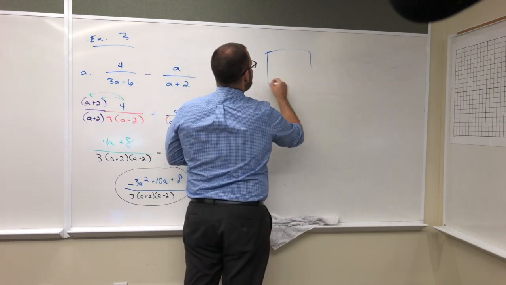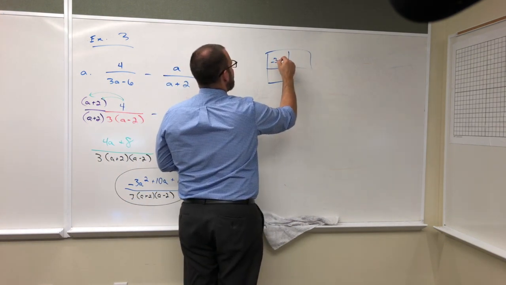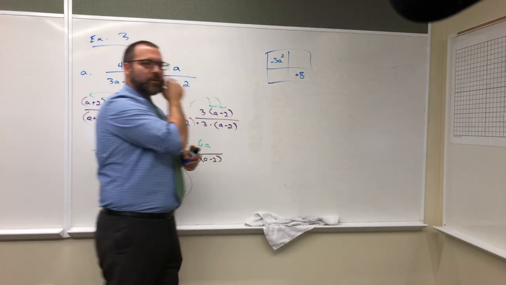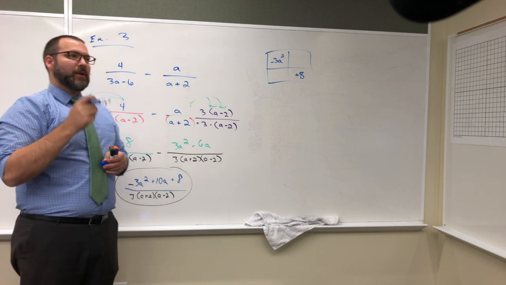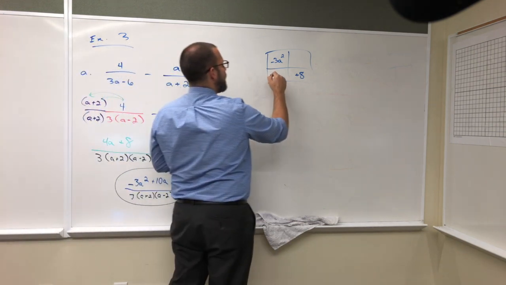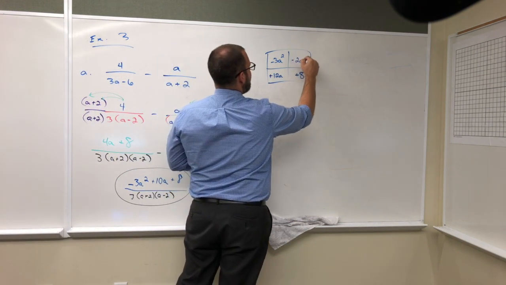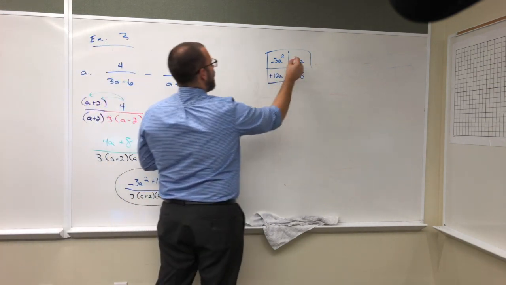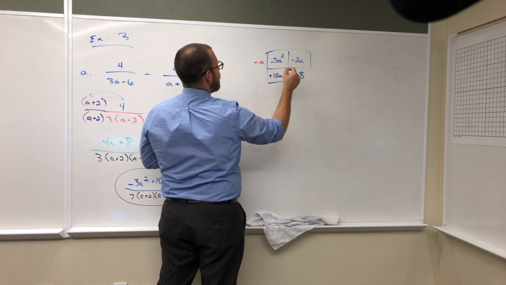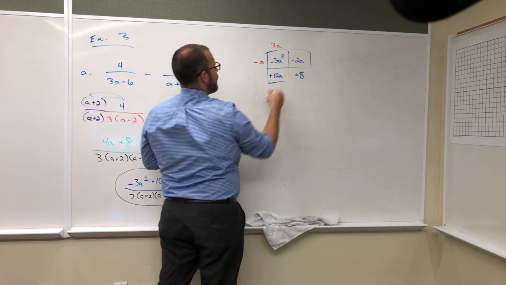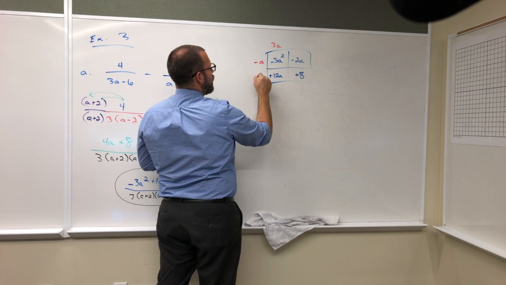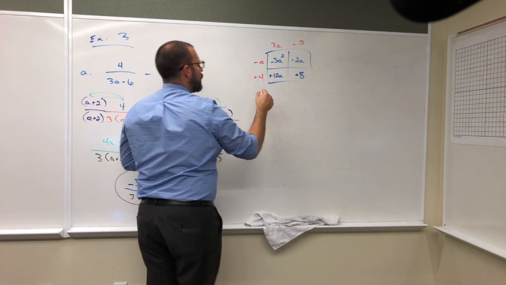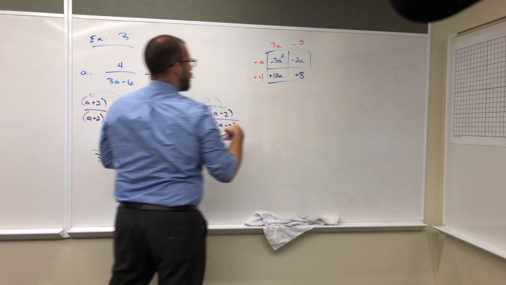So what I might do is drop this into box method real quick. Negative 3a squared plus 8. What two numbers multiply up to negative 24 but add up to 10? Positive 12 and negative 2. And so that's what I would fill in on my box. I've got a negative a in common here. Obviously I must be multiplying by 3a to get negative 3a squared, which means I must be multiplying by 4 here, negative 2 here, and then negative 2 times 4,